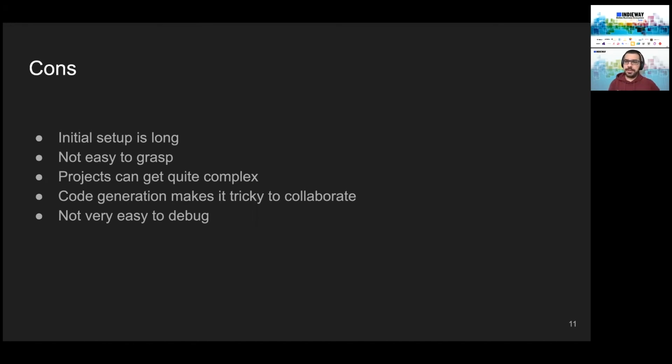It all makes a complexity, and projects could get mixed up. Code generation, I don't like it at all when it comes to collaboration. It might trigger problems, but with certain disciplines, when working with others, you can get over this.